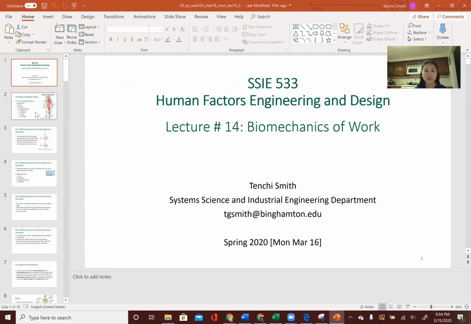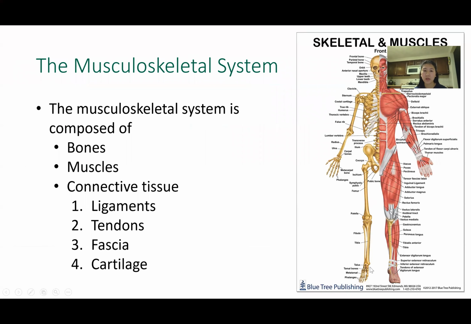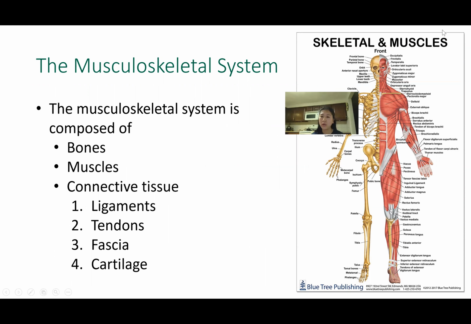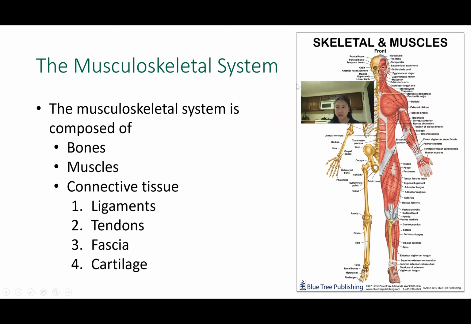So starting off, to talk about biomechanics, there's no escaping of talking about the musculoskeletal system. So essentially the musculoskeletal system is how your skeletal and muscles work together as a system. So as the picture shows on the right, it's a very intricate system with a lot of components, and they all synchronize together and work together. So it's actually very, very amazing how every single part is not imitable and they all work together as a